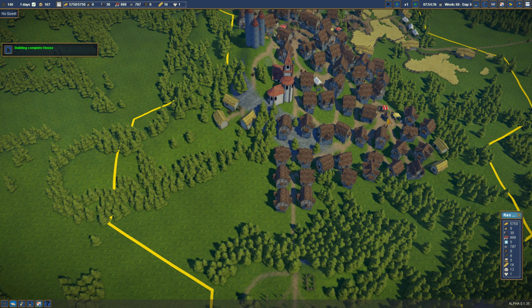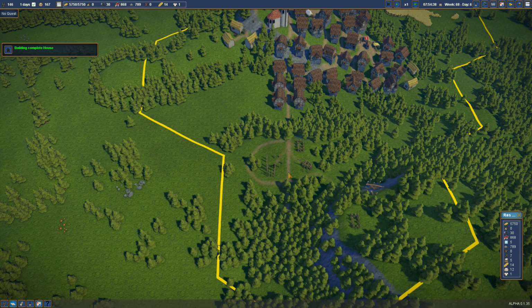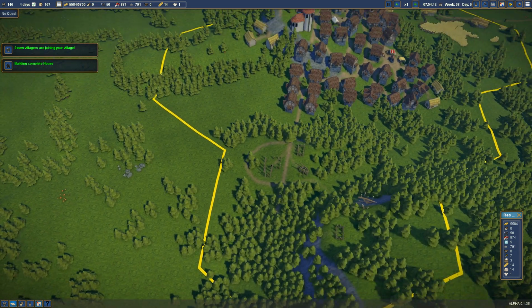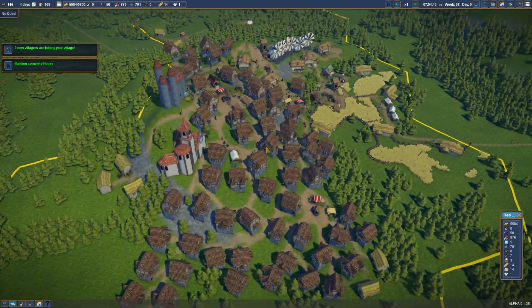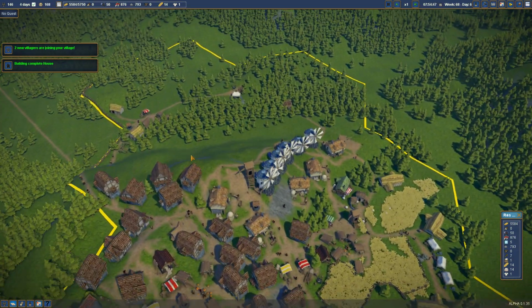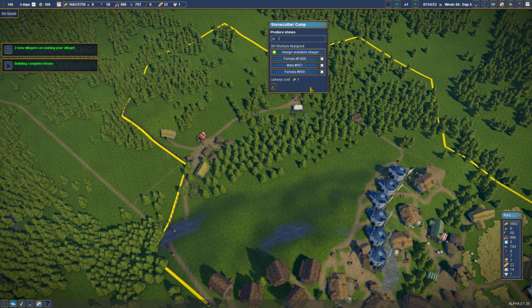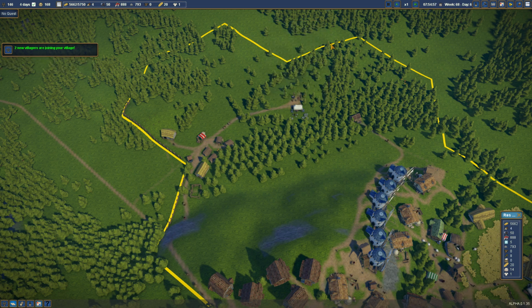I put a well here. I kind of want this to be an industrial zone. 2 new villagers arrive. Okay. Did I have any open jobs, by the way? You're filled. You're filled, and